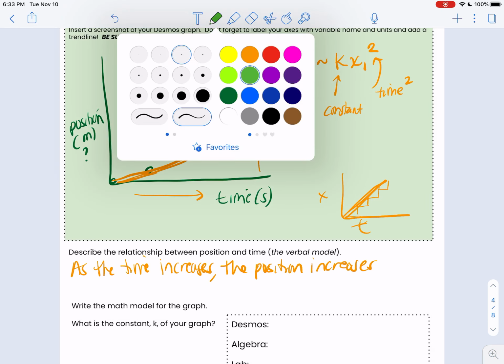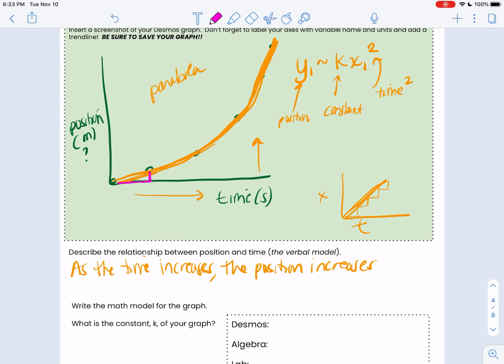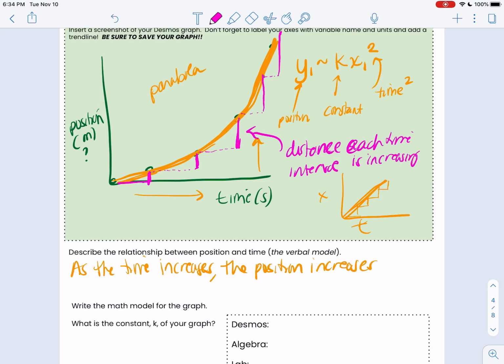Because look, if we go over, we go up that much, over, we go up that much, over, wow, that much, over, more. So the distance in each time interval, however you pick it, is now increasing, versus being constant like it was before. So I like to say as the time increases, the position increases